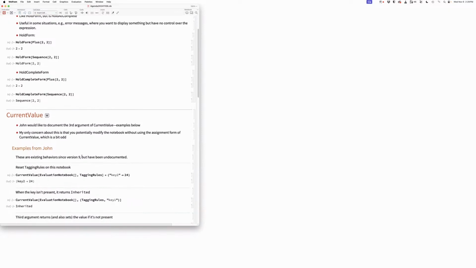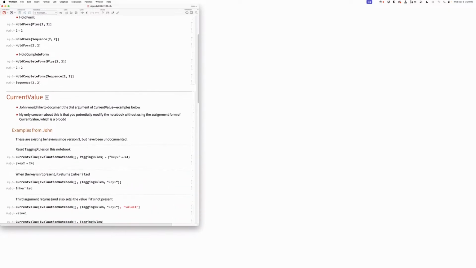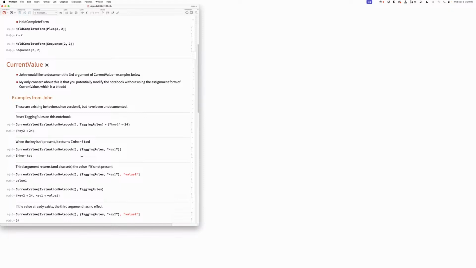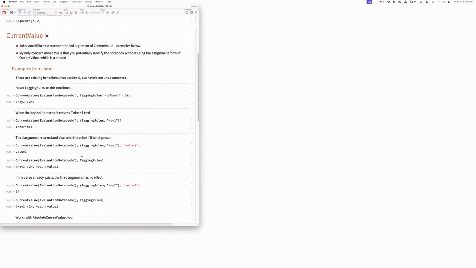CurrentValue. Right. So this is something that has existed for a while, but hasn't been documented. I think it's pretty sensible, although I do have one concern in that it modifies the notebook without using the assignment form, which is a bit odd. But,